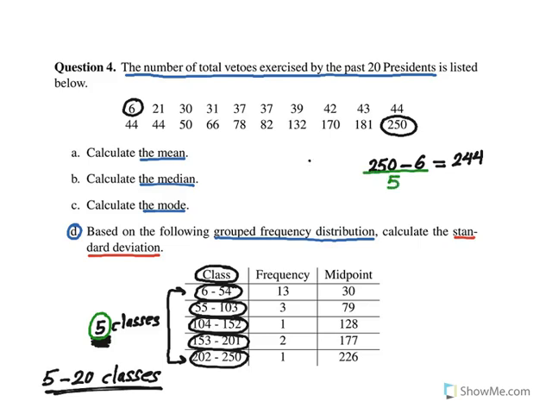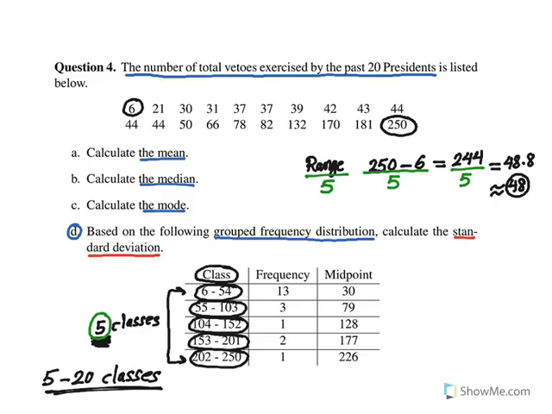So remember that this was the range. The range is the highest value minus the lowest value. So range over the number of classes that you want. You'll get 244 over 5, and this would give you exactly 48.8. If you round it a little bit, you'll get 48. You can say 48 or 49, but you can choose 48 in this case, because you will see that each of these classes